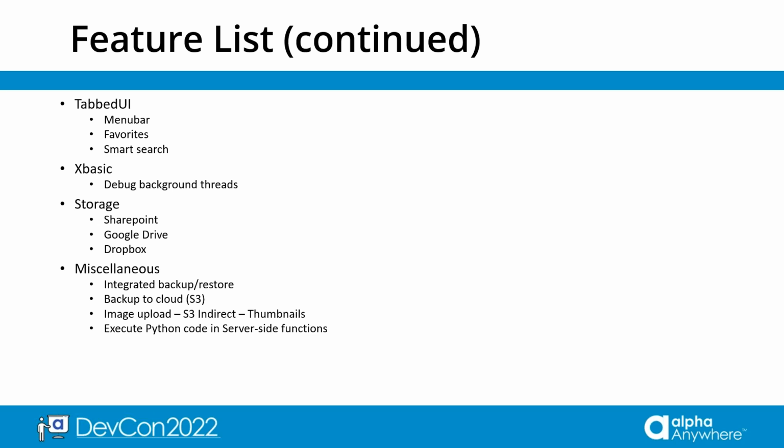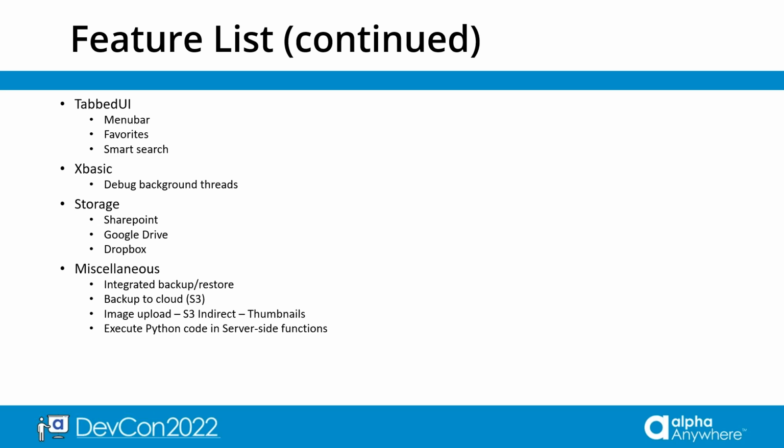So previously, for uploading to S3, we would upload directly from the browser to the S3 bucket after making a very lightweight AJAX callback to the Alpha server in order to sign the URL. But in order to upload to the S3 bucket, you had to have your S3 bucket properly configured for CORS